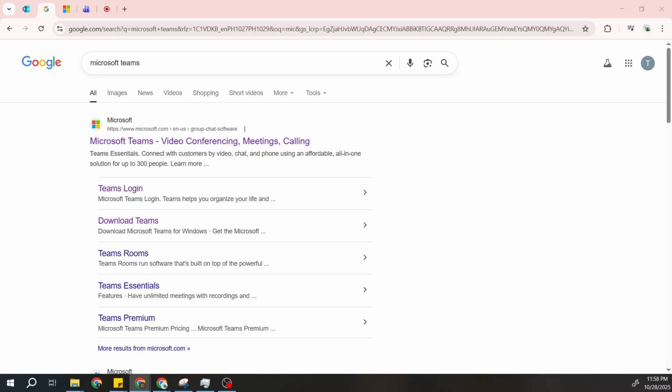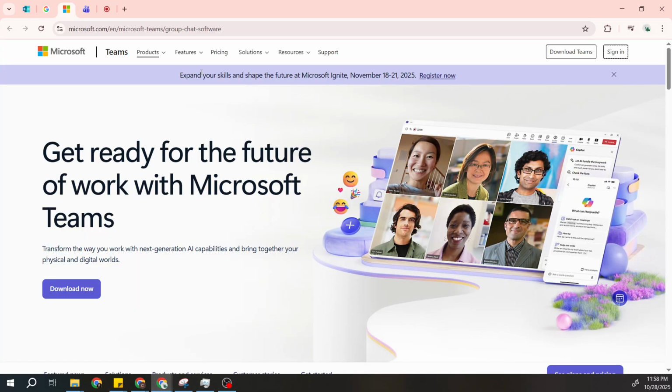First, open up your preferred web browser and enter Microsoft Teams into the search bar. Hit search, and once the search results appear, look for the official Microsoft Teams website link. Click on that link, and it will take you to the Teams login page. Now, if you haven't already, go ahead and log into your Microsoft Teams account. You'll need your username and password, of course. Just enter those credentials, and soon you'll find yourself on the Microsoft Teams dashboard, ready to join or start a